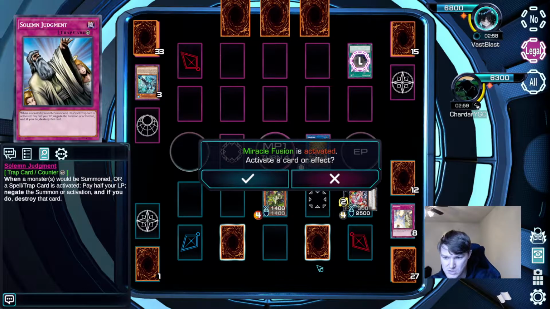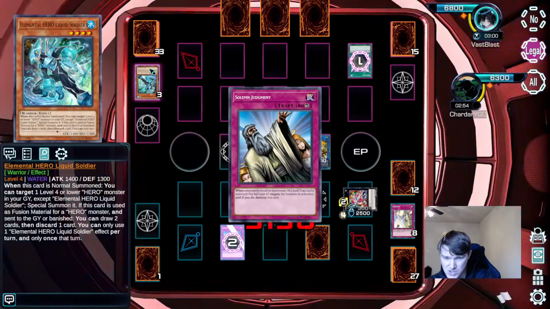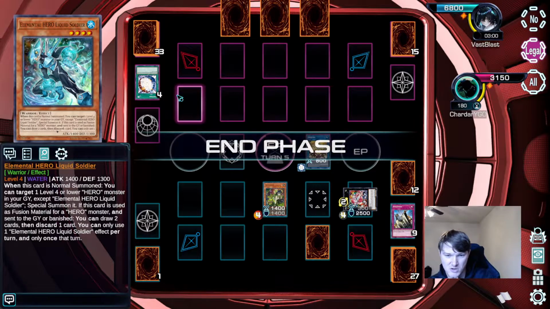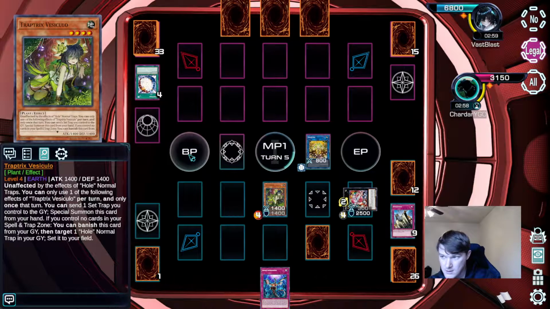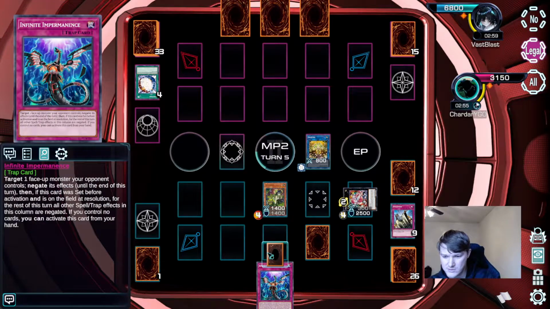Opponent activates Miracle Fusion. We will Judgment that. We can't beat an Ab-Zero. Does our opponent have another one? Nope, just passes. We get an Imperm. Well, unfortunately, we are not. Why did it just put us in main phase 2? I think it just held the mouse for too long. I was just about to say,